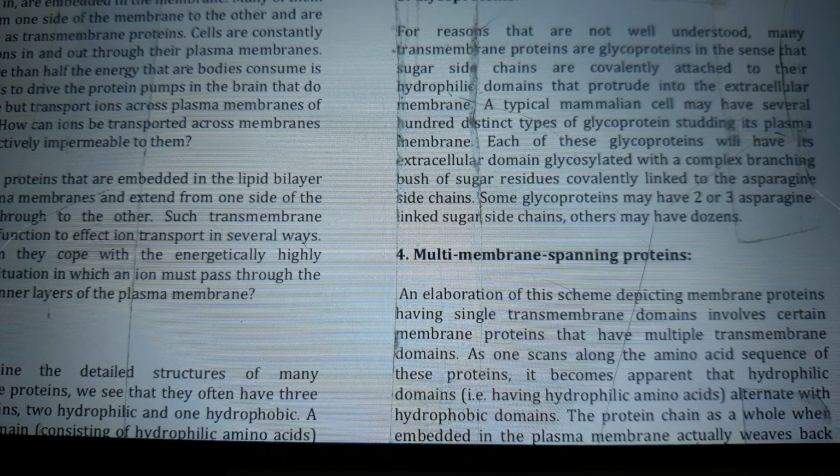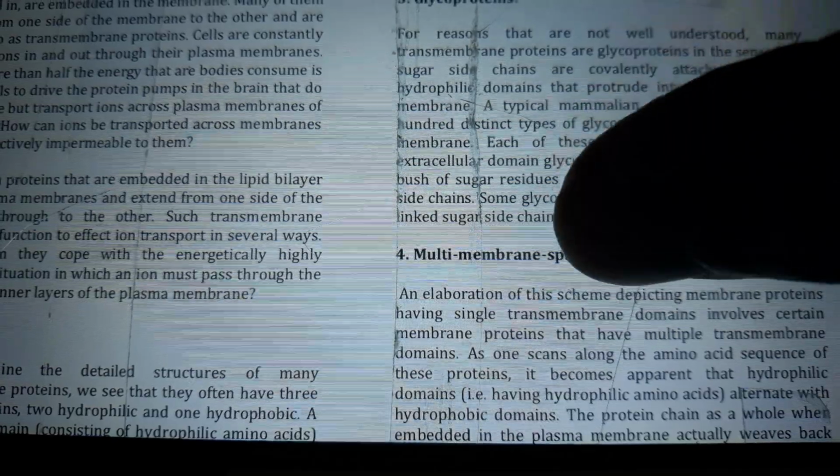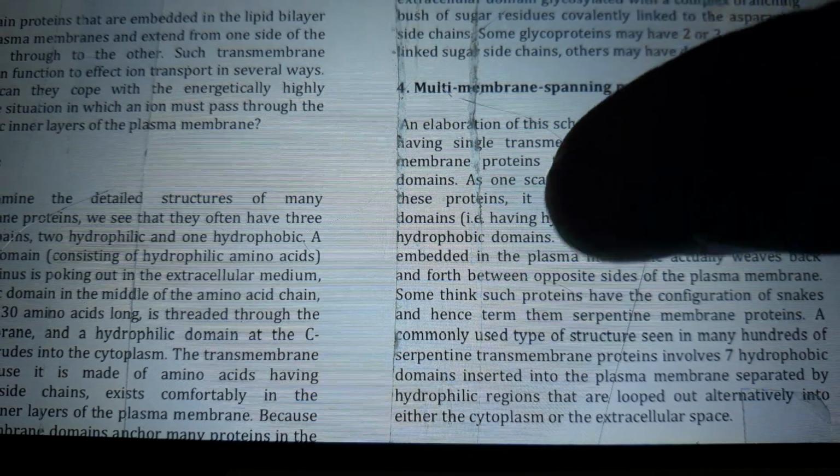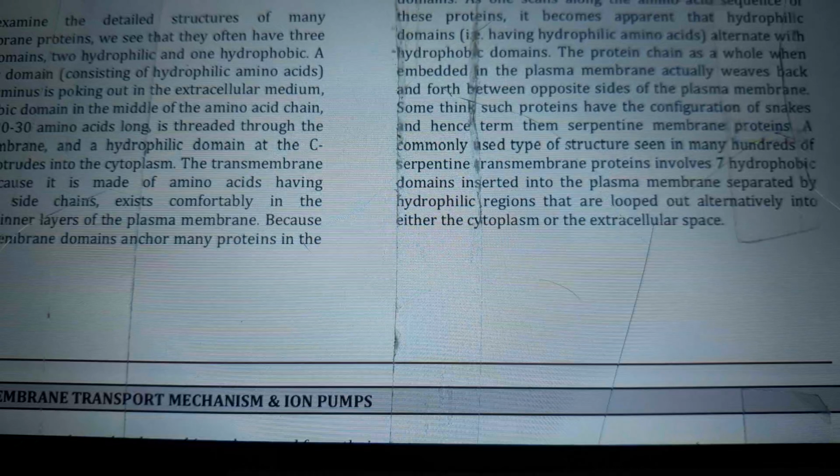Such transmembrane proteins can function to affect ion transport in several ways, but how can they cope with the energetically unfavorable situation in which an ion must pass through the hydrophobic inner layer of the plasma membrane? The answer is domains. If we examine the detailed structure of many transmembrane proteins, we see that they often have 3